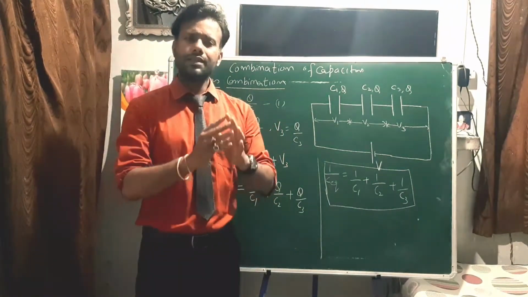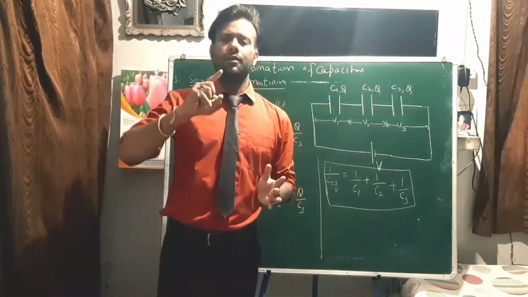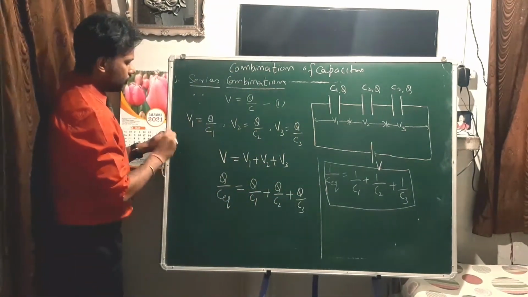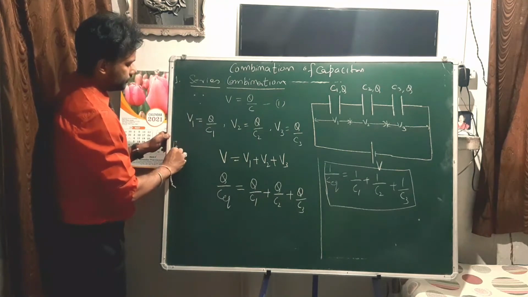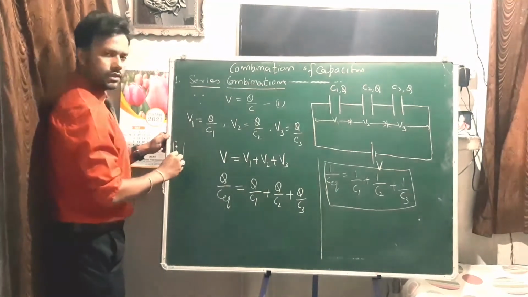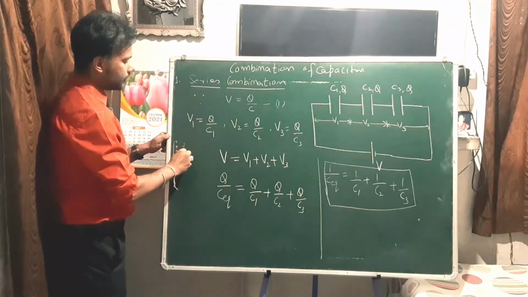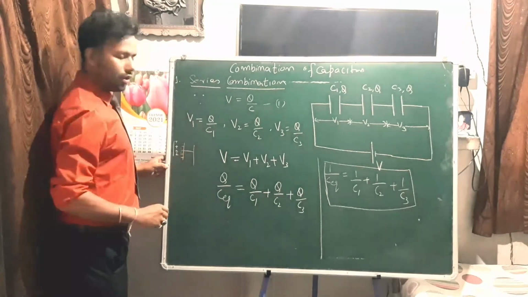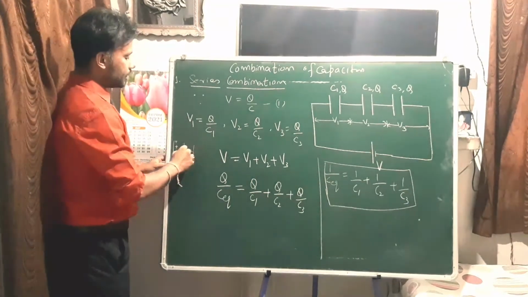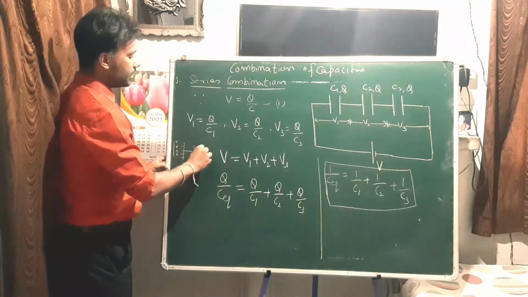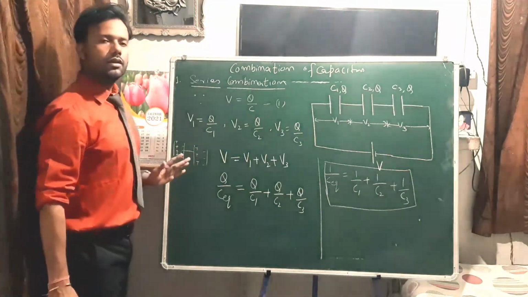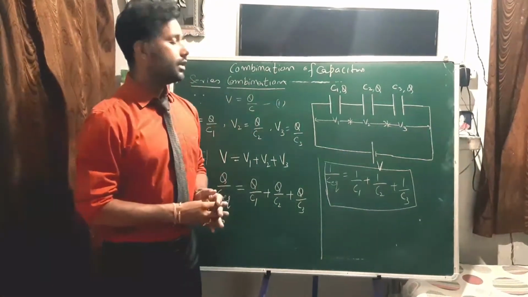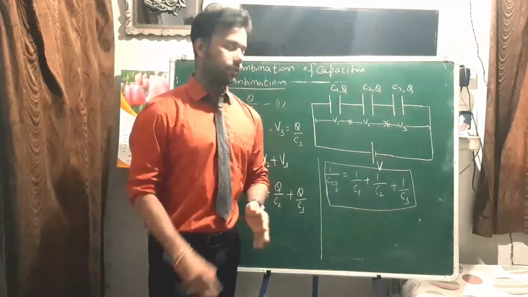Generally, you can see that suppose we have some plate, and you have given a positive charge here, right? Now let's say this is a negative plate; this negative charge will be induced. Now if this plate is connected to one more plate, what will happen? The charge will be induced in this plate, and similarly this will induce a similar charge in all the plates of the capacitor, and that is why the charge remains the same in the series combination.